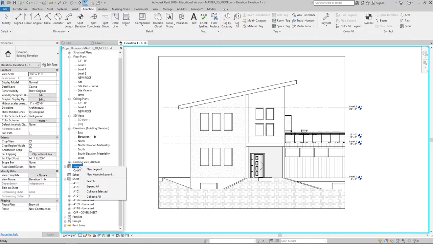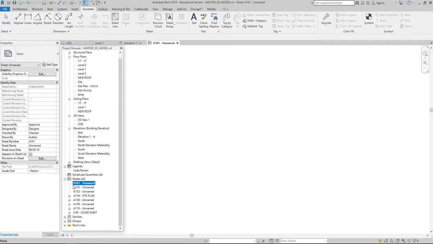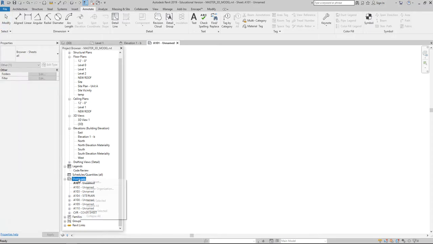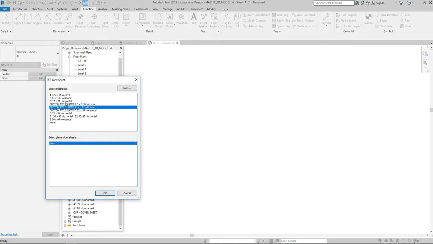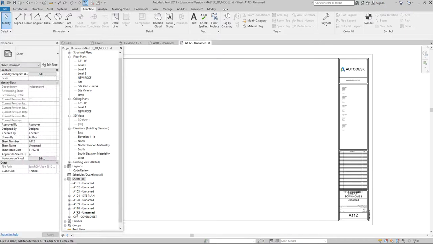Sorry, I always forget. Keynote legend, in order for them to be put on a sheet and readable. Okay, so I'm going to go to my sheet here, A101. Oh, you guys don't, I forget, sorry. That's okay. Let me create a new sheet here. And we'll call this,